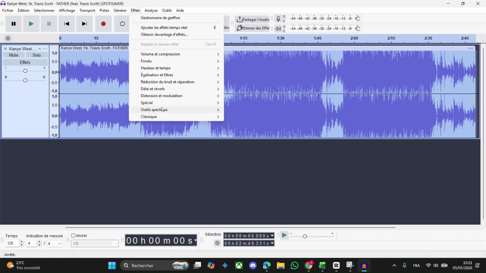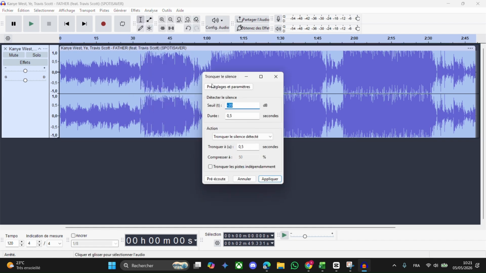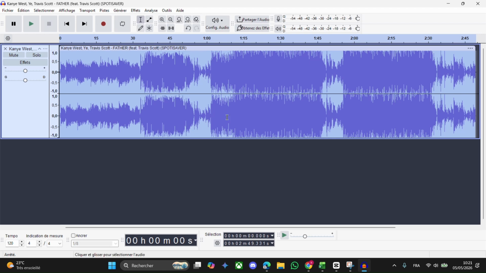effects and special and click on silence isolation. Choose these parameters as you like, 24% for example and 0.5. Select silence and audio isolation and click on apply, and you can just check for this and this if it is